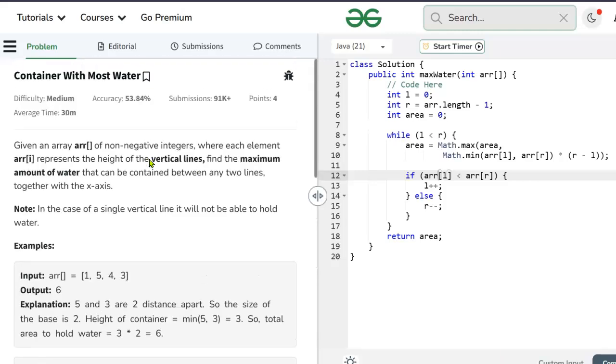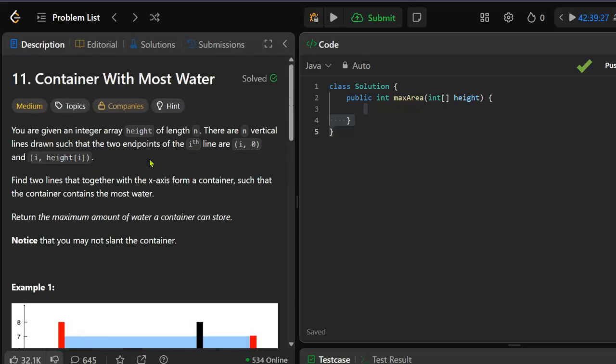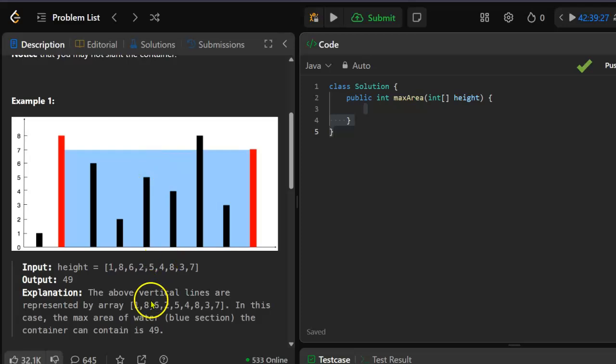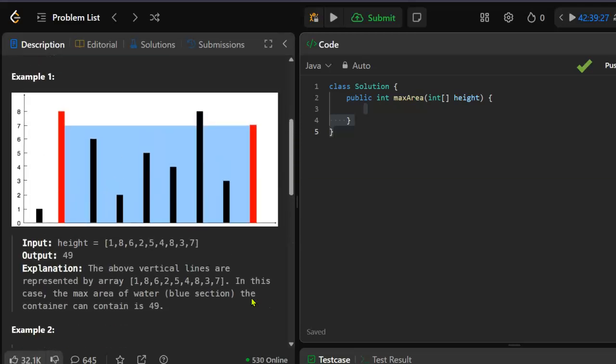All right, now there's no picture here. A picture would be useful. Now this same problem is on LeetCode, but LeetCode will give you a picture. So to me it's a lot more clear with the picture. So here's the array of lines, 1, 8, 6, 2, etc. And with the picture, you can see that the